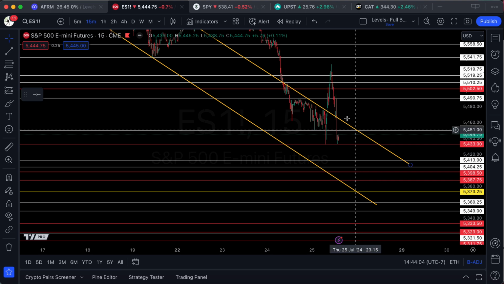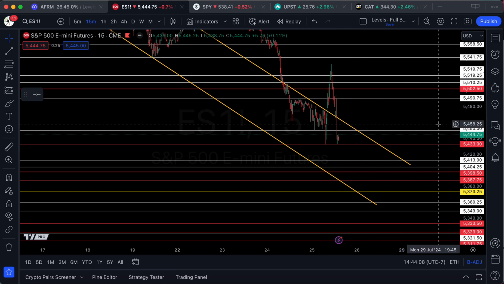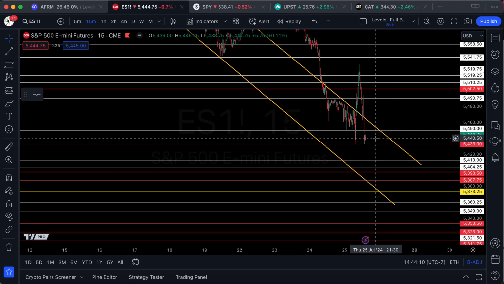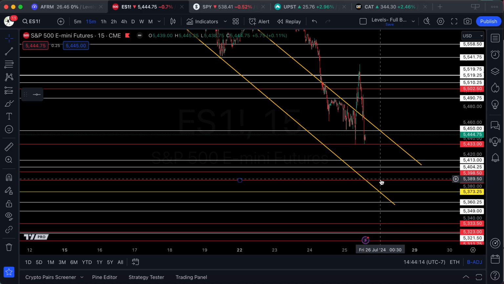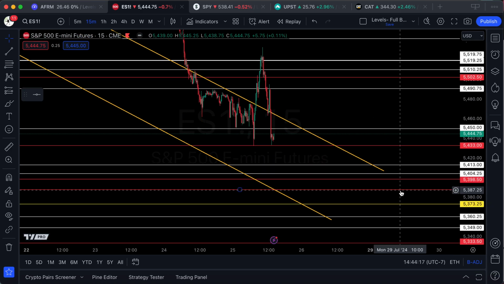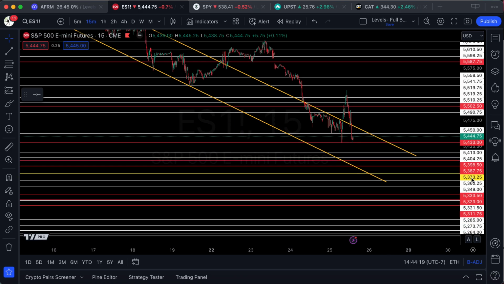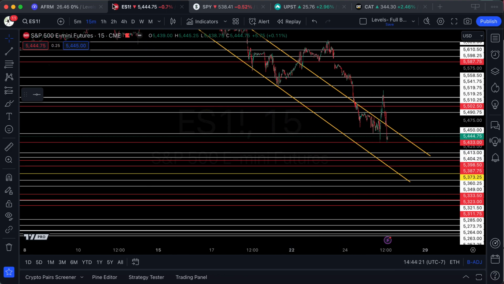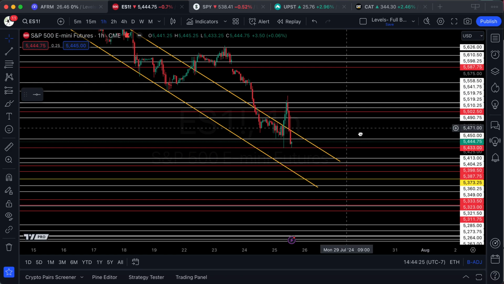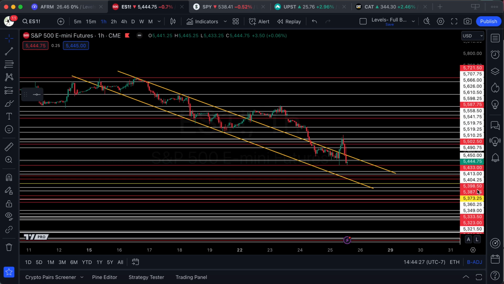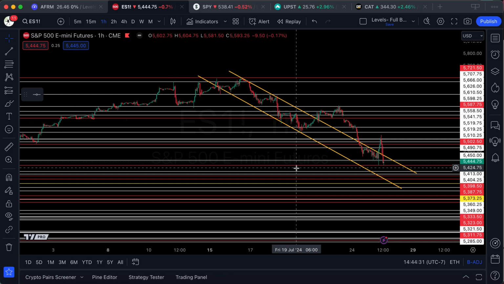So again, if we get out of this, I have pretty high upside targets, right? Because they don't do anything for no reason. If we stay in this, then I'm looking for them to test some of these lower levels, so these monthlies come into play. So that's how I'm looking at it. Really just following what's going on in this channel. Let me see if there's anything else I see really quick. No, that's pretty much the main thing.